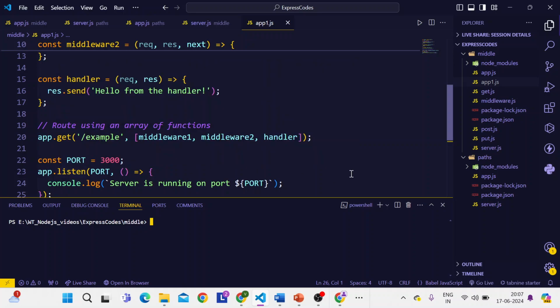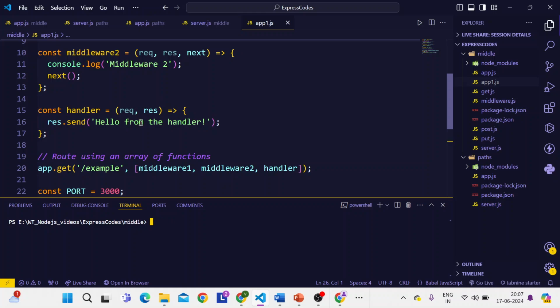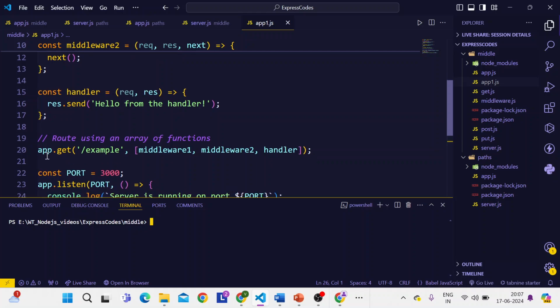Here I have a third callback function, which is a handler which has only two parameters. Since we do not have another middleware function waiting after the handler, I did not use next. So we have req and res, two parameters. Okay, now I'm using the